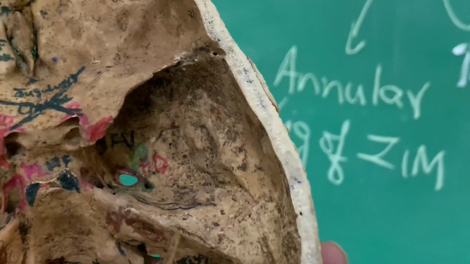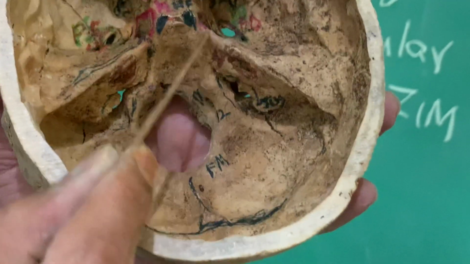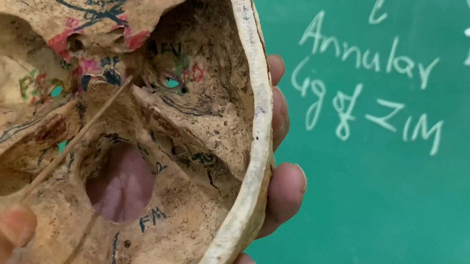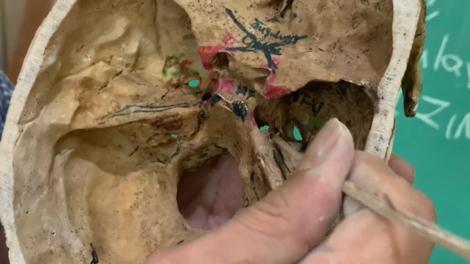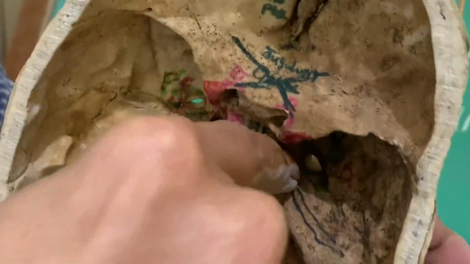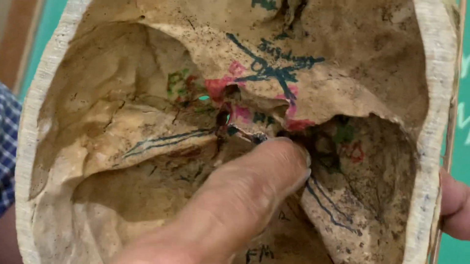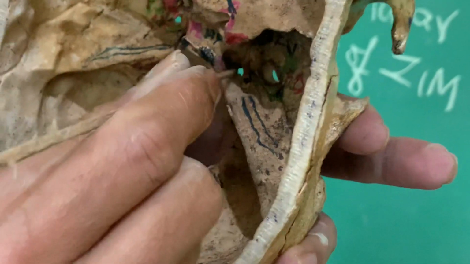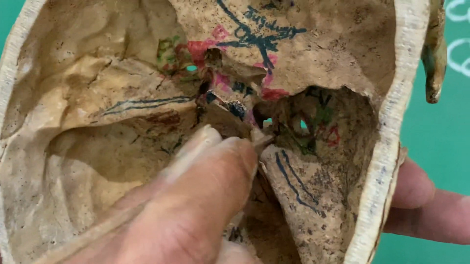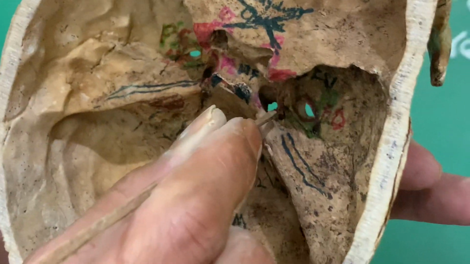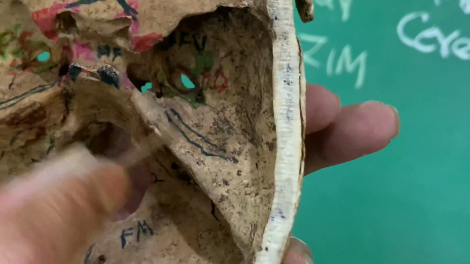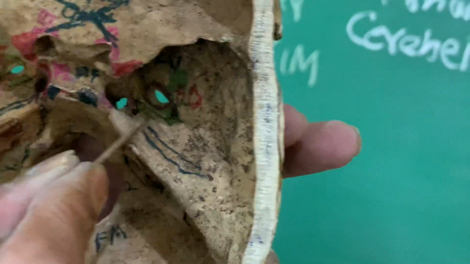Posteriorly, if you see, this is apex of petrous temporal bone. So this is the superior border of petrous temporal bone, and this anterior end is the apex of the petrous temporal bone. Close to it, there is a depressed region here where I am putting my pulp of my index finger. That is a depressed region which lodges the trigeminal ganglion, and that region is called cavum trigeminale or trigeminal impression or trigeminal depression.